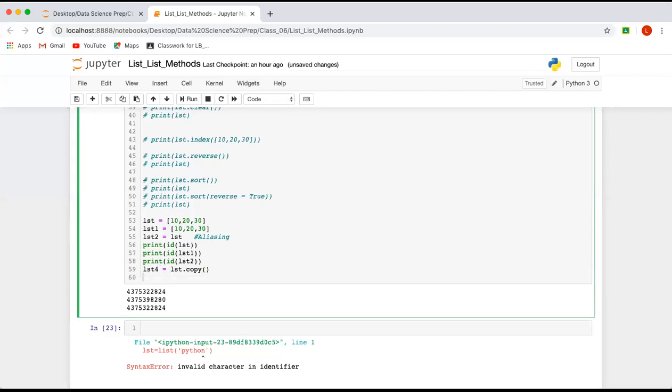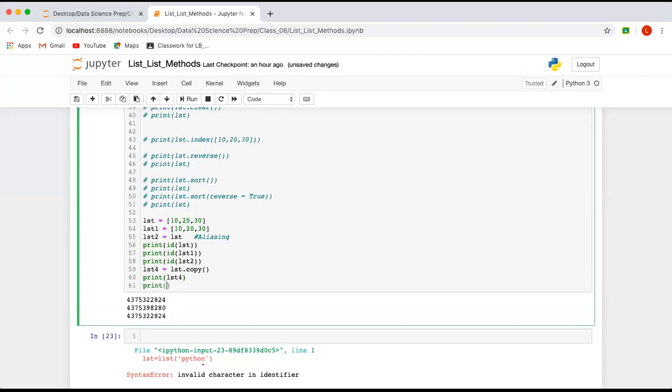Let's check that first. I will check id of lst4, and I will comment the others. lst1, lst2 are commented. Now let me run this. If you check, id of lst and lst4 are different, but the content is same.